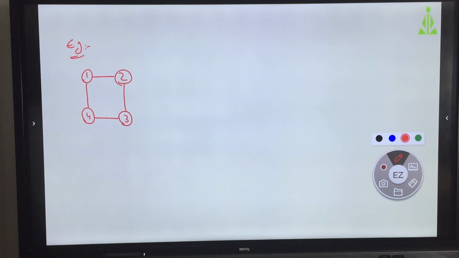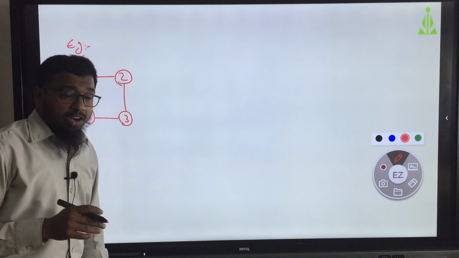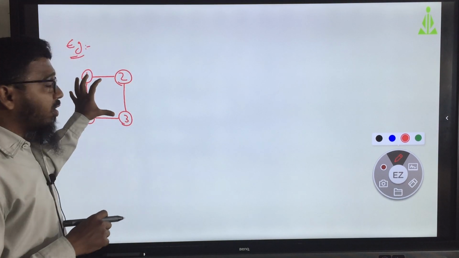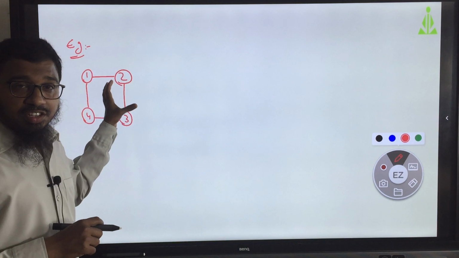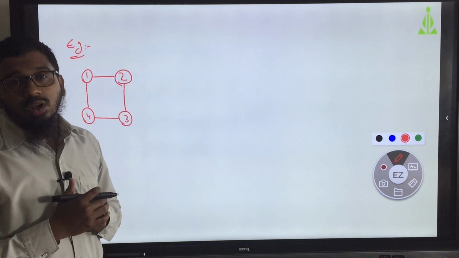All of these are connected. So, what is our condition? Our condition is that adjacent vertices should not have the same color.